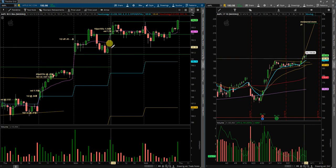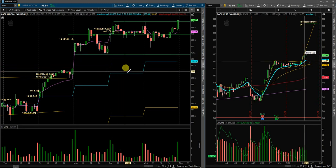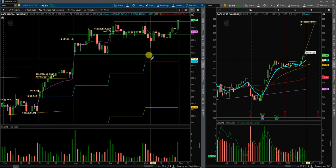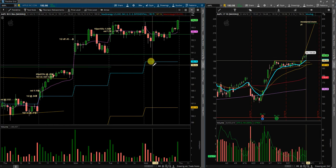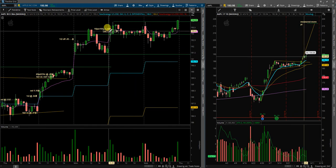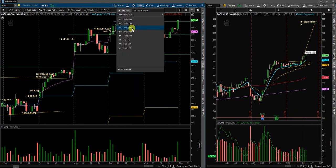Did not get that opportunity. It has not even pulled back to test the 8 EMA yet, at which point I will be looking for more calls, but that's going to happen probably in the next few days. We'll see what happens. Anyways, on Tuesday, I did take a breakout trade here on a faster time frame, got